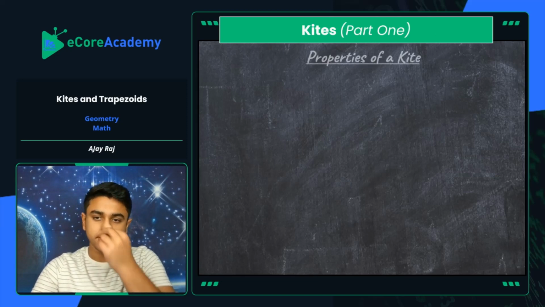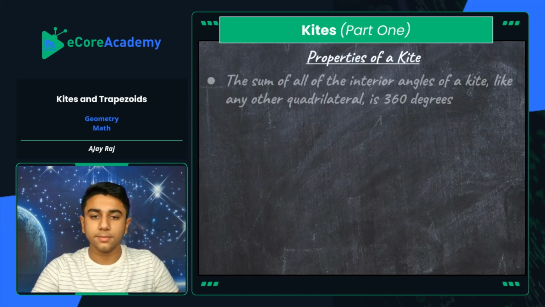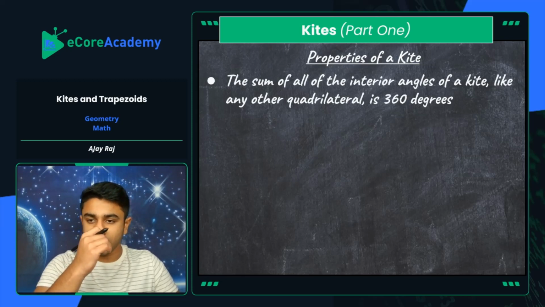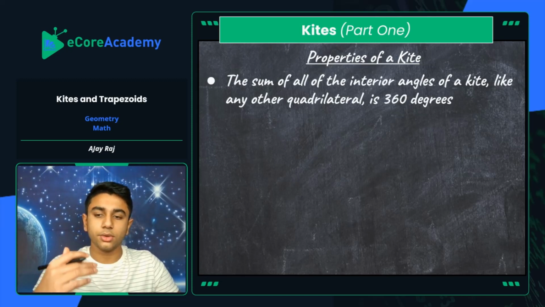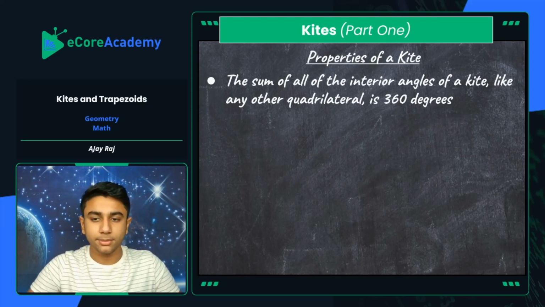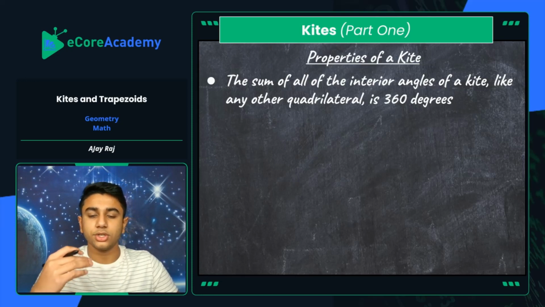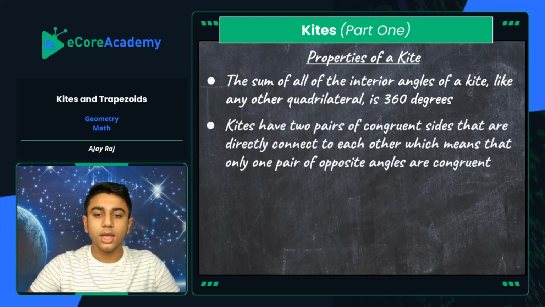So this is all about kites. Kites part 1, properties of a kite. So the sum of all the interior angles of a kite, like any other quadrilateral, is 360 degrees. So all the interior angles, all four interior angles will add up to 360 degrees. However, there's specific properties between angle relationships within the given kite. And kites also have two pairs of congruent sides that are directly connected to each other. That should be connected